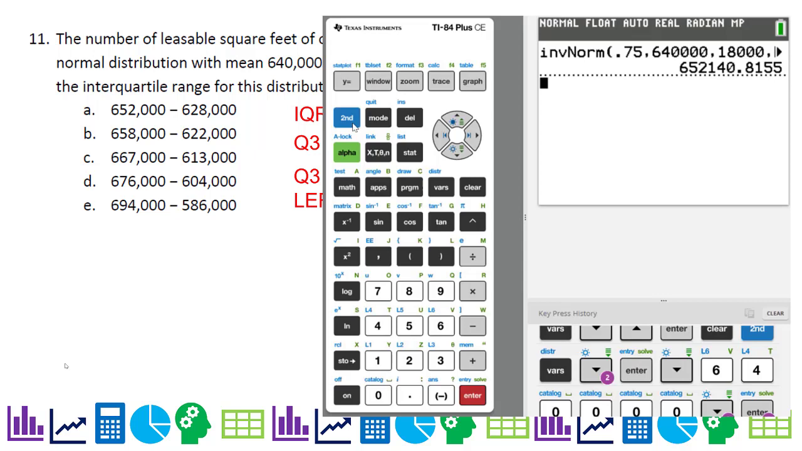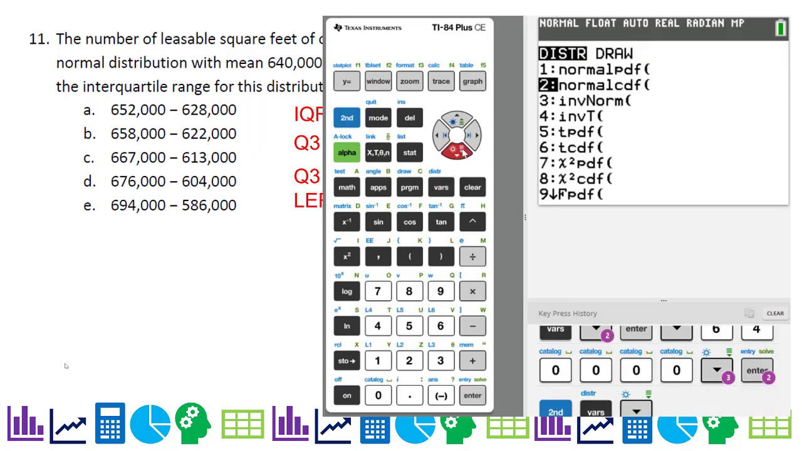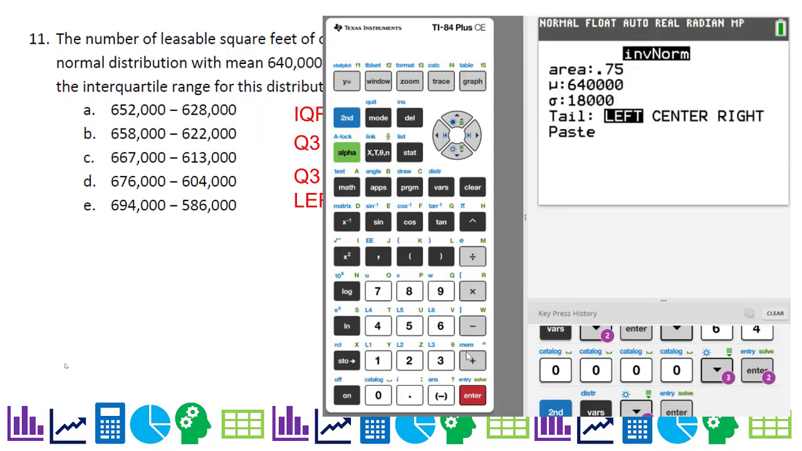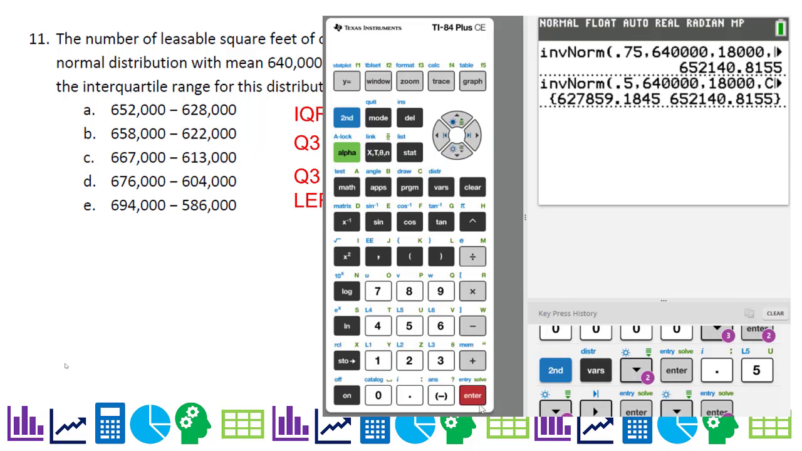What you can do, those are defined to be the middle 50%. So instead of focusing on the left area, let's say you have one of the newer calculators that can do the center, just do center instead of left, and you'll get both values, because that's what Q1 and Q3 cut off, the middle 50%. So those smaller values, 627,859, kind of close to 628,000 for this case,